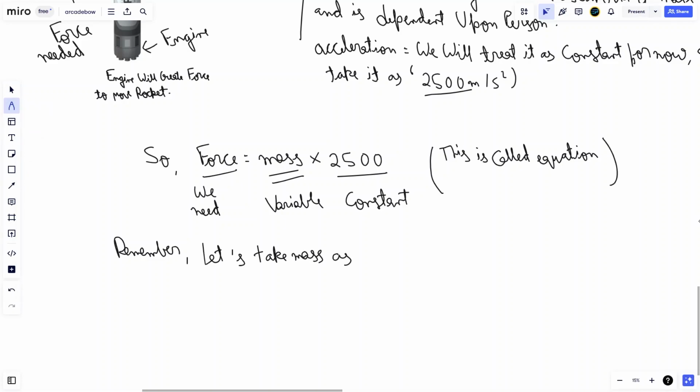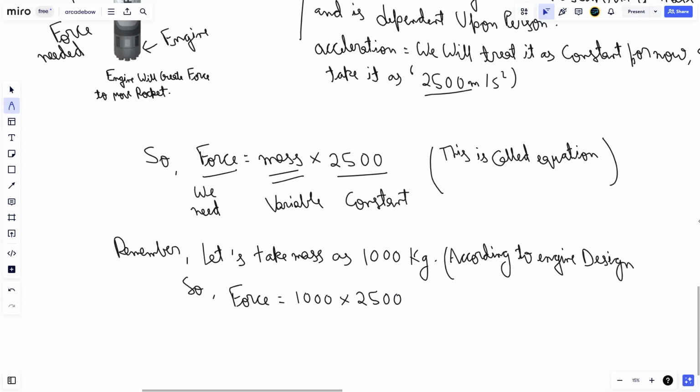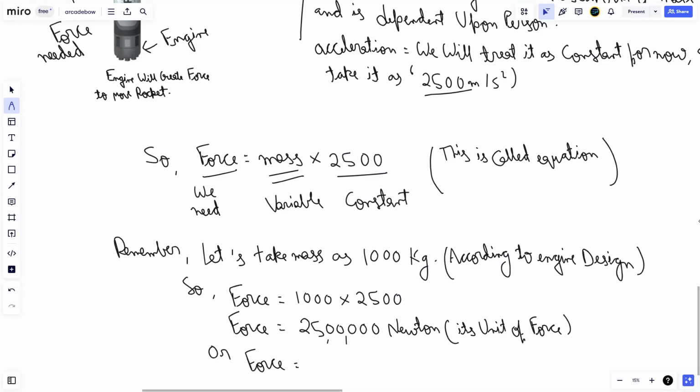2500 meters per second squared is the acceleration, and it is constant. So let's take an example of mass as 1000 kilogram. By changing the design of the engine, you can change the amount of mass which can be thrown out by the rocket. So the force is approximately, as you can see on the screen,